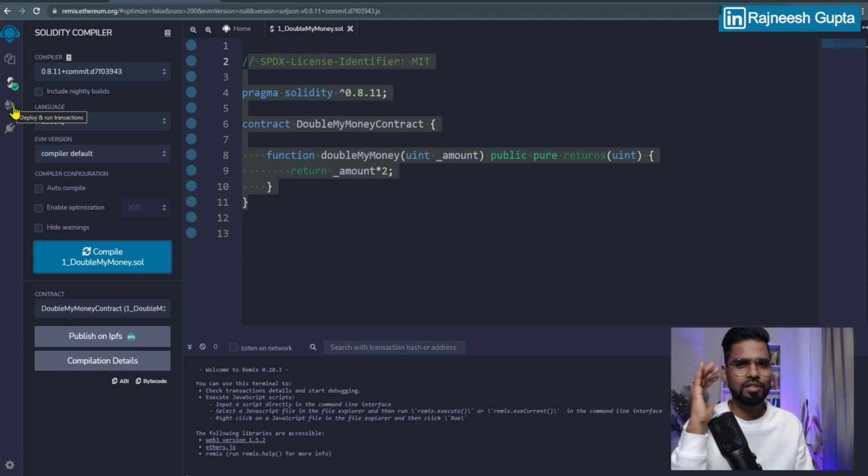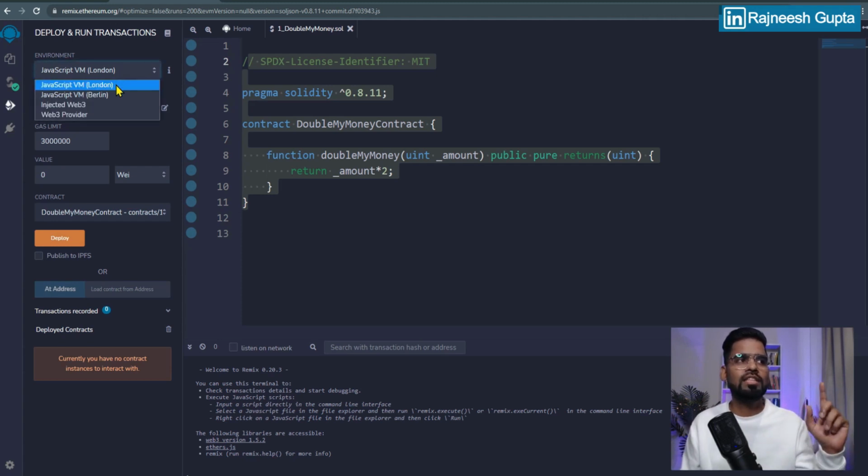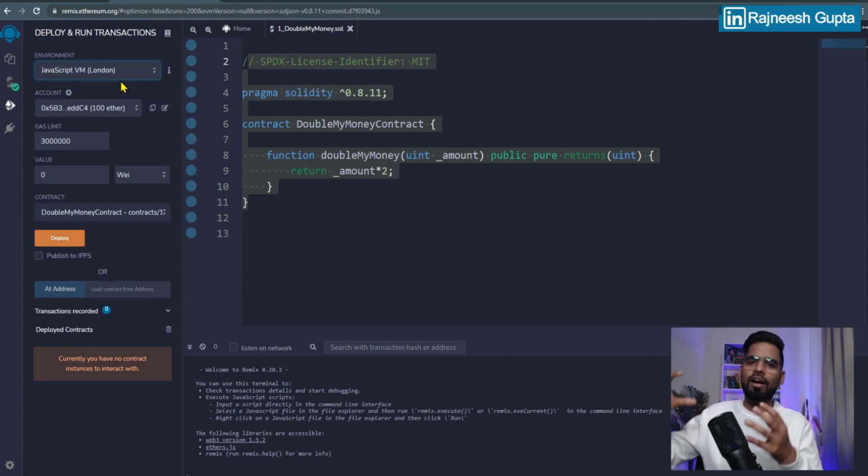Well, no, it is really a sample or test network where money is not the case. Not exactly a test network either, it's just Remix's own environment for lab purposes. That's the reason you get the JavaScript virtual machine, which you can run yourself. You can select any, but make sure you select JavaScript as part of this session. This is where your smart contract will be